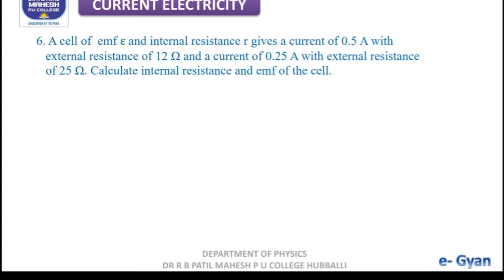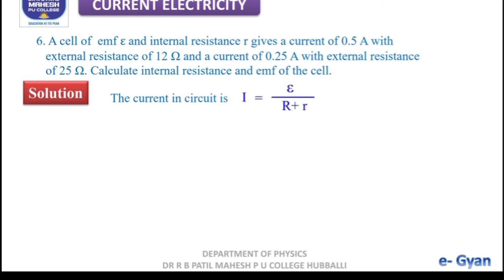Here we are going to study two cases. First let us write all the given values, or the expression for current is given by I is equal to E divided by R plus small r. Okay, let us use this equation for case 1 and case 2. Case 1. For case 1, the values are given.